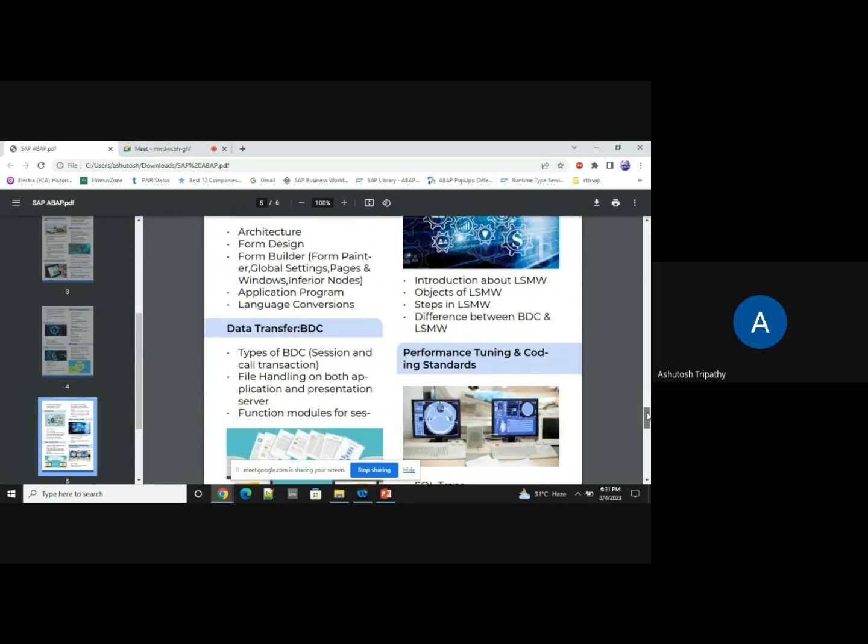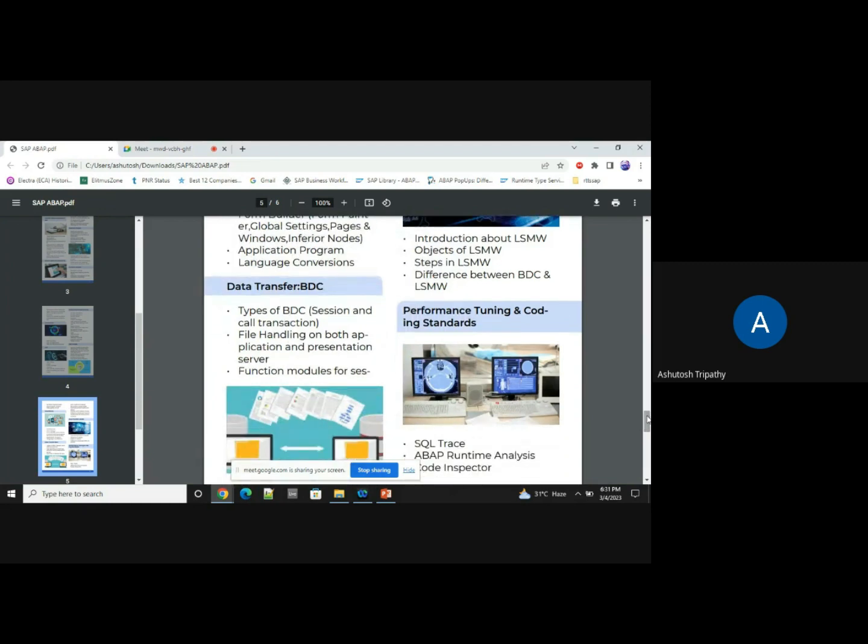Once all these things are over, as an ABAPer, whatever you code will definitely give an output. But one should also be aware how your code's performance can impact a particular business functionality. You develop some report. If you click on that report, it gives you the result in 10 minutes, let's say. In real-time business, nobody will wait for 10 minutes. So you need to do performance tuning of your code. The same report should execute in 3 or 4 seconds. Why is it taking 10 minutes? In that way, you can analyze the performance tuning of a particular SAP code.